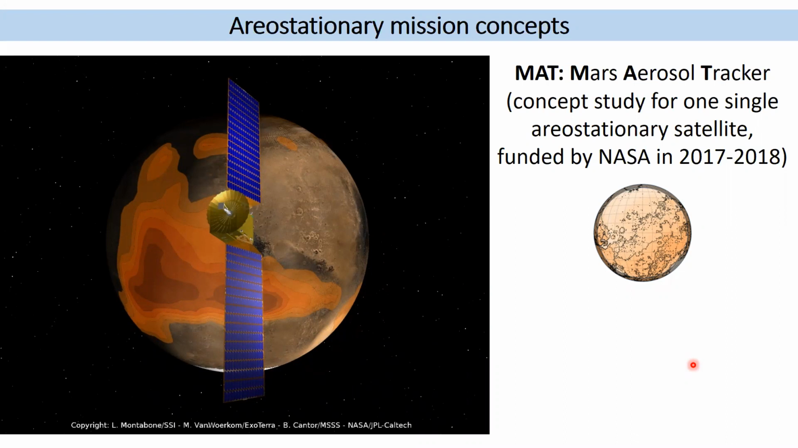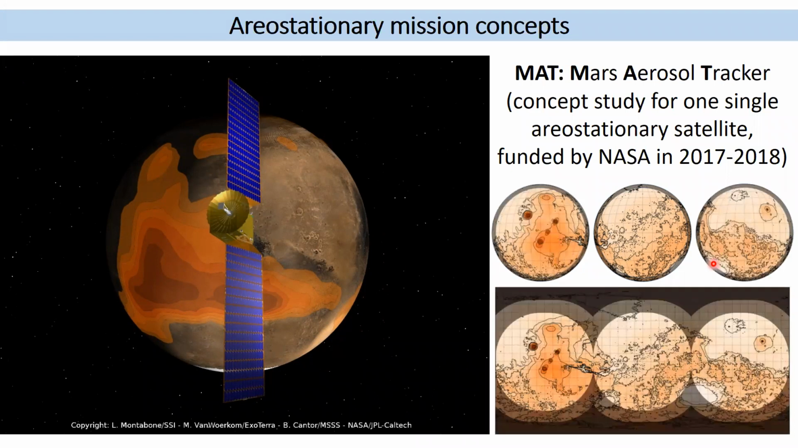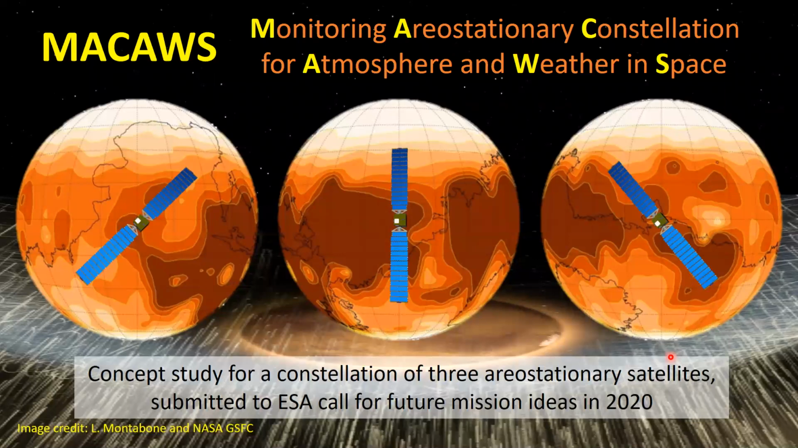We started with a concept study for one single areostationary satellite, which can provide a continuous view of a particular region. But obviously, this doesn't give you full coverage if you want to look at, for example, the evolution of dust storms. Therefore, you need at least 3 of these satellites to cover this lighted area on the surface of Mars. With 3, you would be able to observe most of the surface of Mars and follow the meteorology continuously. So this is a concept we call MACAOS, monitoring areostationary constellation for atmosphere and weather in space,